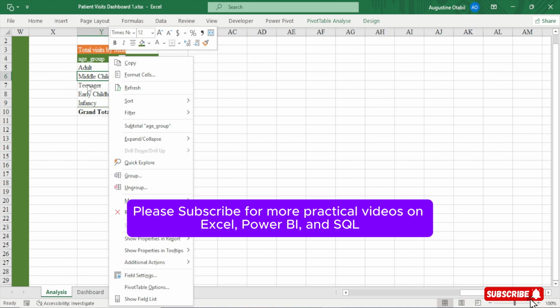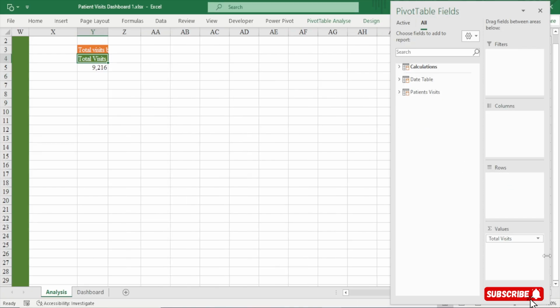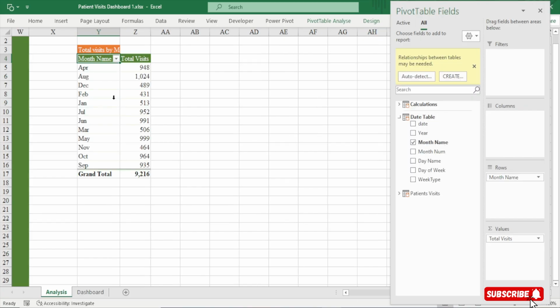Now right click and then show field list, and you see all the field list here. We don't want the age group again, but we still want to show the total visit. Now we want to show the total visit by month, so we can find the month in the date table here. So this is the month name. Drag the month name here. Perfect. Now we have August up to